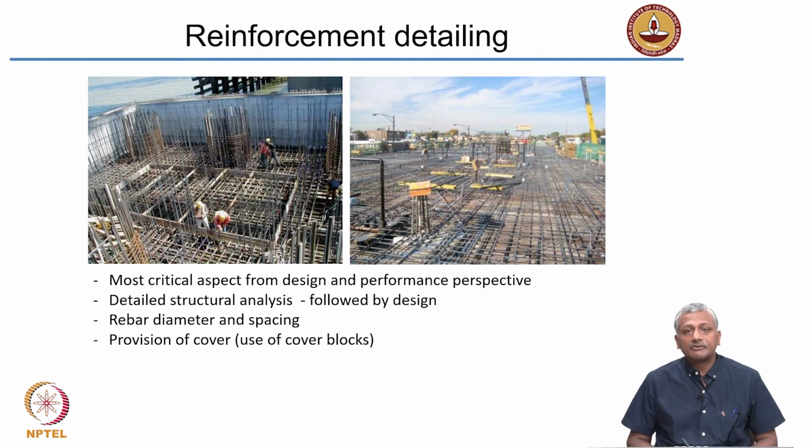First and foremost is reinforcement detailing. Now, in terms of the behavior of a reinforced concrete composite, the primary factor that controls the properties of the composites is the way that the steel is spread across the system, or rather, in analysis, you figure out what are the loads that are coming onto the structure. You need to figure out wherever tensile loads are coming and then make sure that you have sufficient amount of steel in the tensile locations.